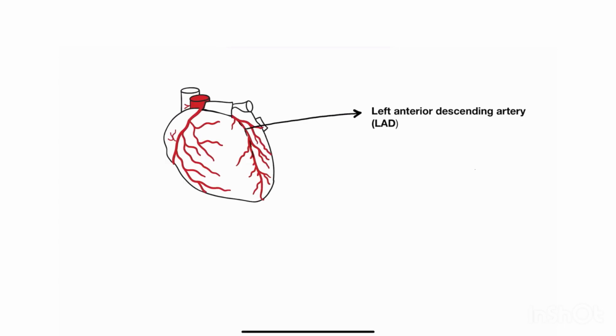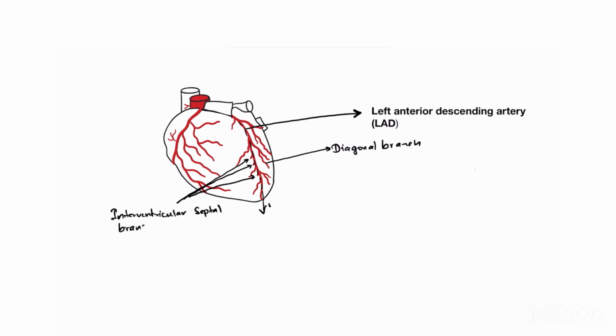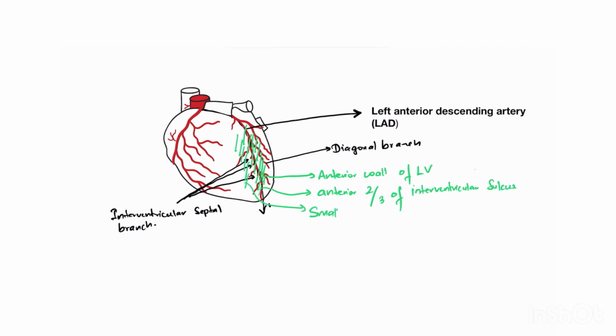The left anterior descending artery, or LAD, runs through the anterior interventricular sulcus towards the apex of the heart. The major branches are diagonal branch and interventricular septal branches. LAD supplies the anterior wall of the left ventricle, anterior 2/3 of interventricular sulcus, small part of right ventricle adjacent to the anterior interventricular sulcus,